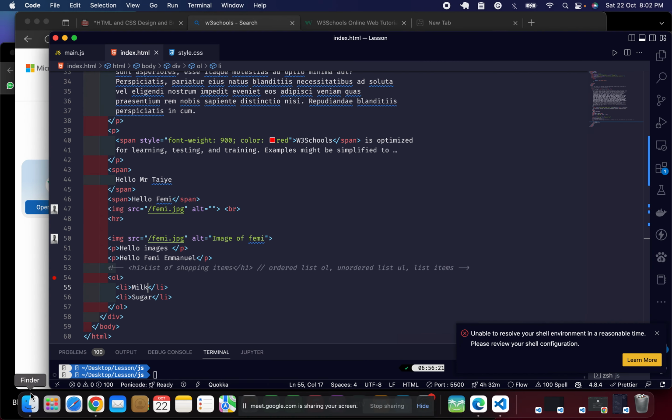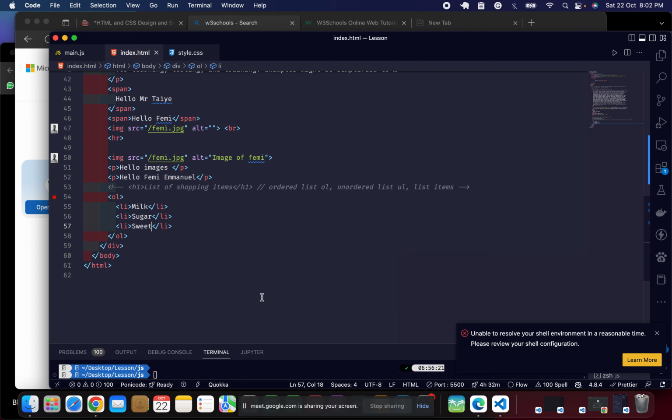So it is very important, because if we are making another list with bullets, you will see its application. So let's say we want sweets. But if we want it to be arranged serially in numbers,